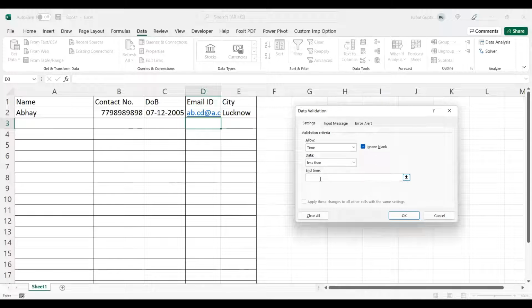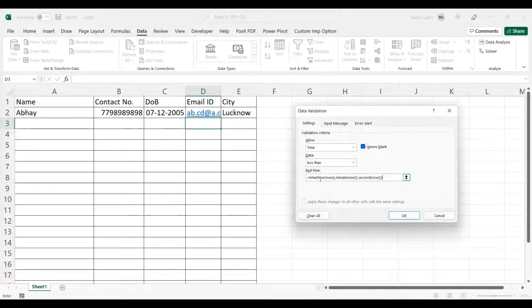What will be the end time? I'll say is equal to time, hour now, comma, minute now, comma, second now, close. Now what I did is I want that the time should be less than the current time.